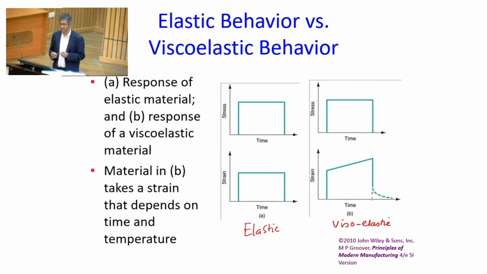So polymers actually show viscoelastic behavior compared to the metals. In metals, if you apply a load, deform it, then keep it for some time, and if you remove the load, the material will come back to its original shape and size immediately, if it's deformed in the elastic regime. But if it is viscoelastic deformation, if you increase the strain, keep it for some time, and then decrease the load, it will not come back to the original shape and size